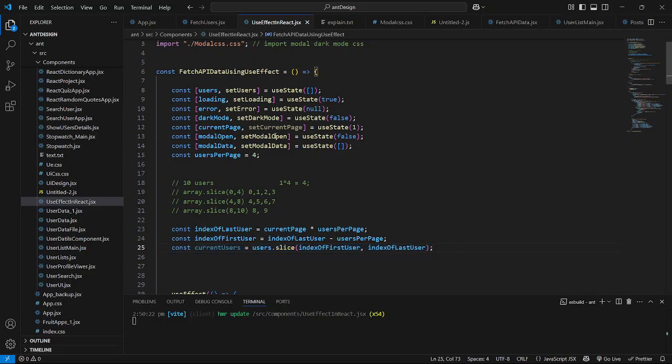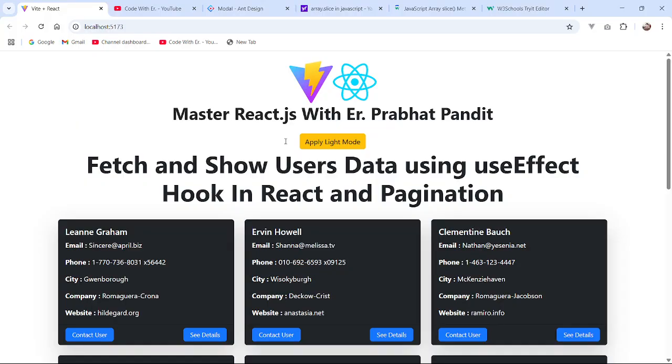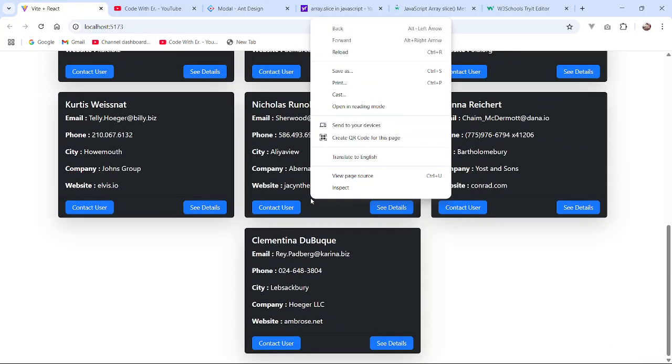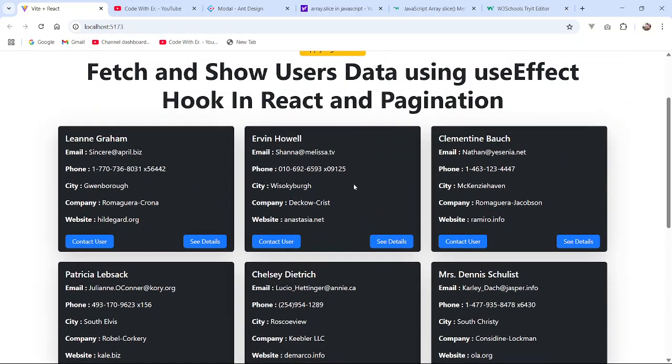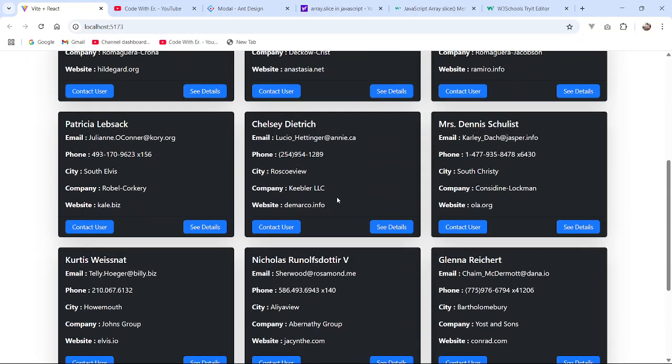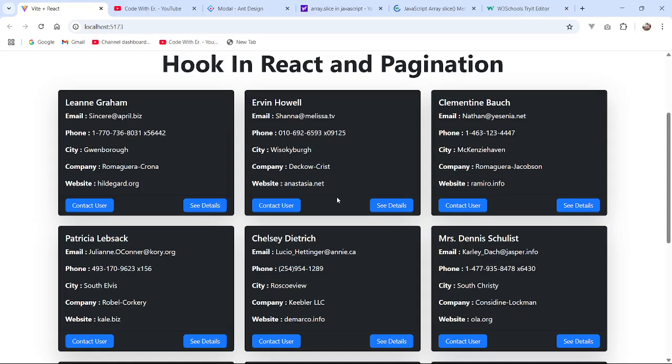Okay, from this users state variable, you can see here as of now I have just shown the entire user. I have shown here the entire 10 users. But I want to show 3 users, 4 users, 5 users; it's up to us how many users we want to show on a single page. As of now I have shown all the 10 users here,